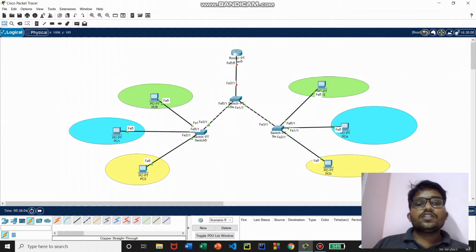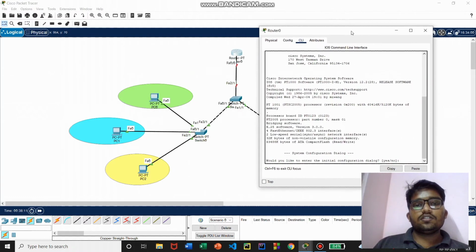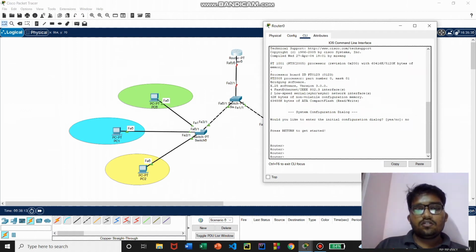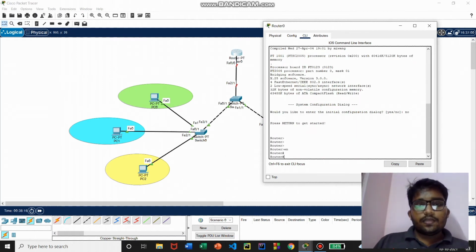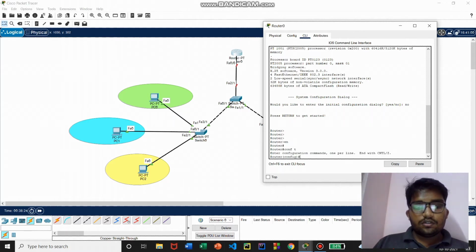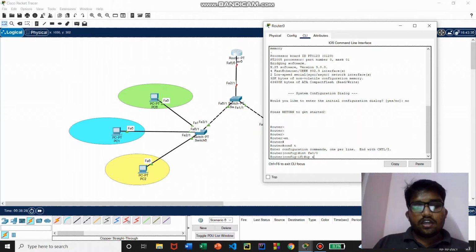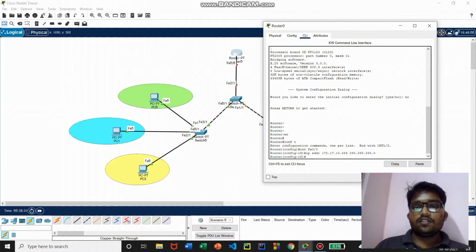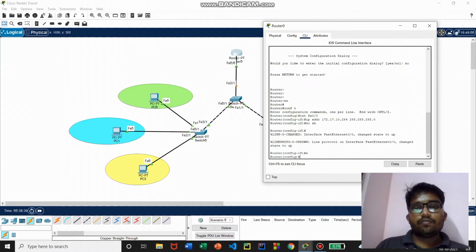Now what we have to do is make the configurations in the router and switch as well. So we'll assign an IP address for this interface, which acts as a gateway for both these PCs, I mean the PCs of VLAN 10. So we are on the config terminal. Now let me take the interface FA0/0, and let me give the IP address 172.17.10.254 for easy remembrance, and I'm giving no shutdown, exit.